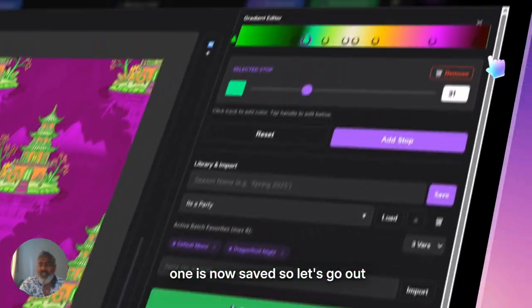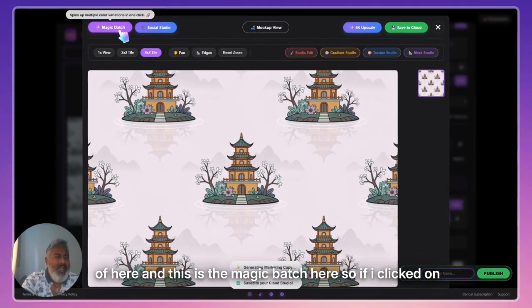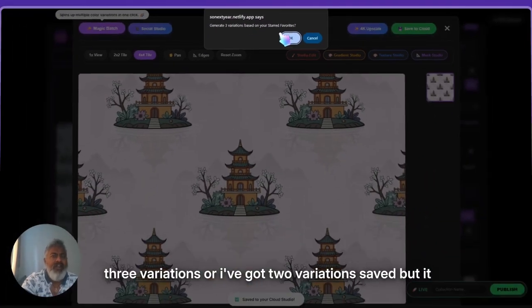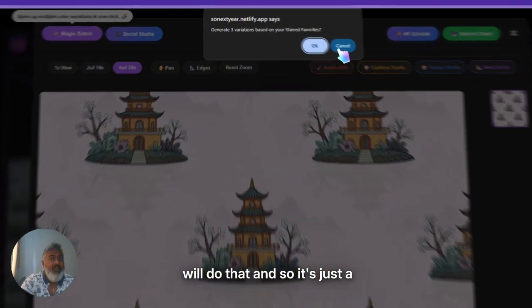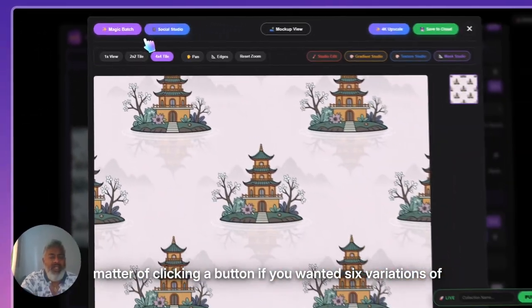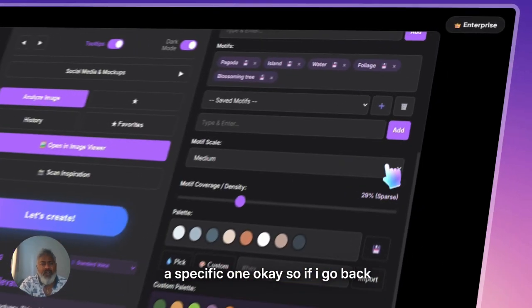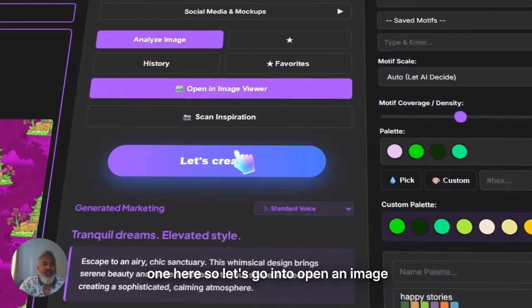Okay, so this one is now saved. So let's go out of here, and this is the magic batch here. So if I clicked on this, it would generate. So I've got 2 variations saved, but it will do that. And so it's just a matter of clicking a button if you wanted 6 variations of a specific one. Okay, so if I go back out of this now and I go back into my history, I have this one here. So let's go into